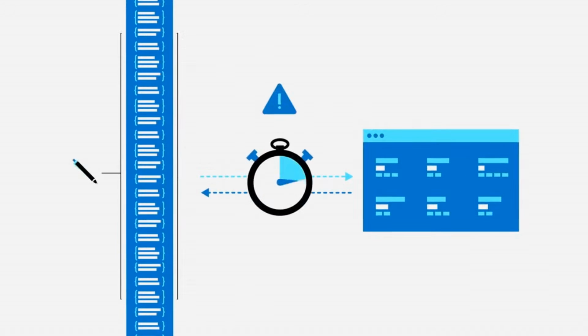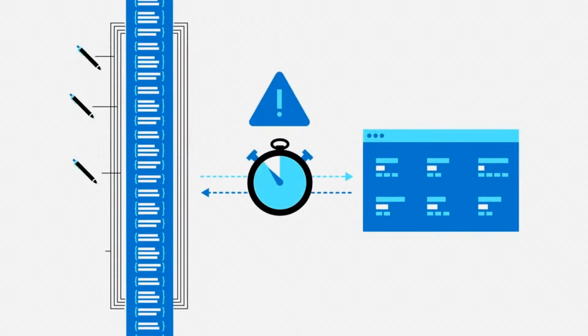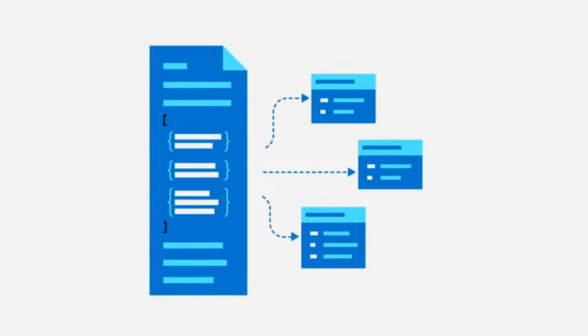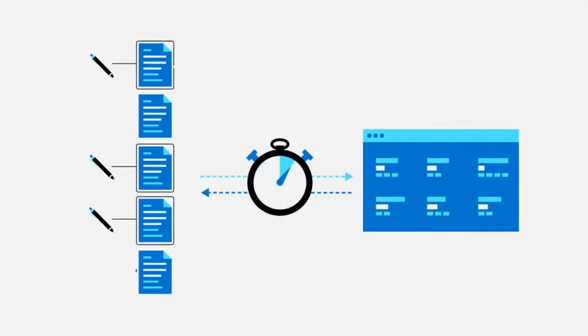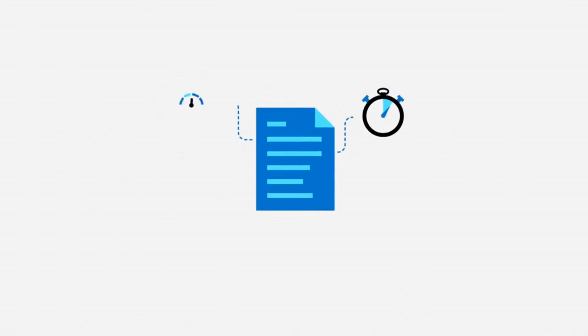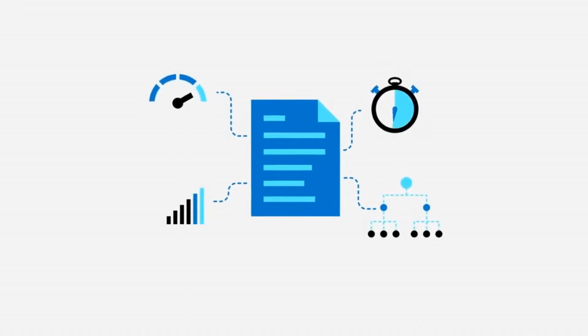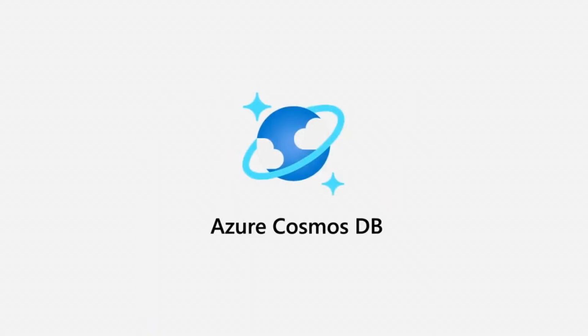It's also not ideal for write-heavy applications because it can lead to bottlenecked requests. In those cases, it's better to use referencing or normalizing like you would for a relational database. By creating unique entities that reference one another, you can break up write requests and break down large documents to speed up your application. Enable top speeds and seamless experiences at any scale with Azure Cosmos DB by implementing the right data model for your application from the start.